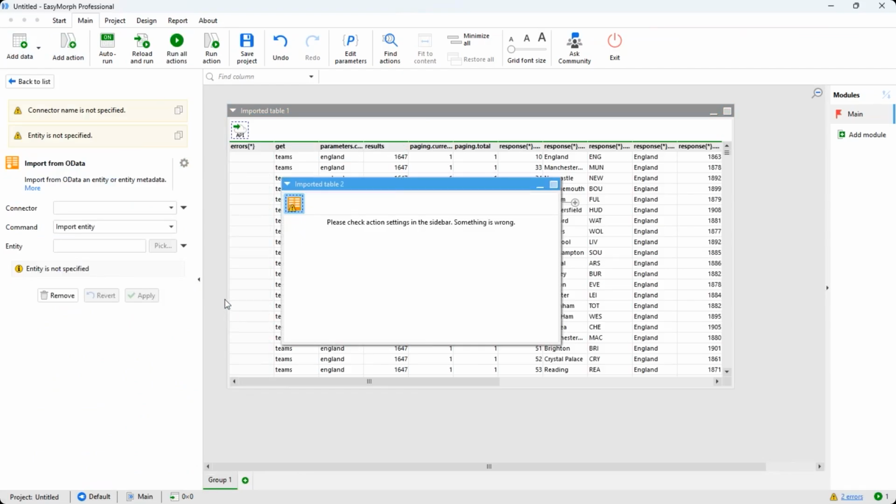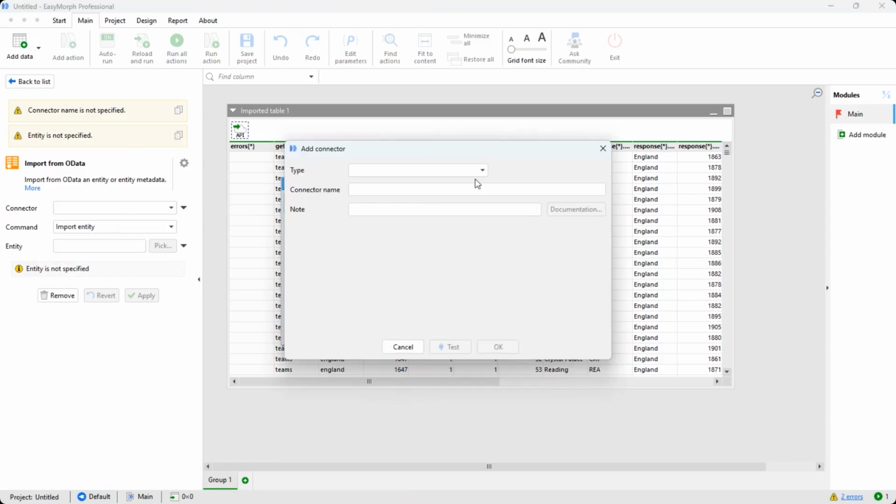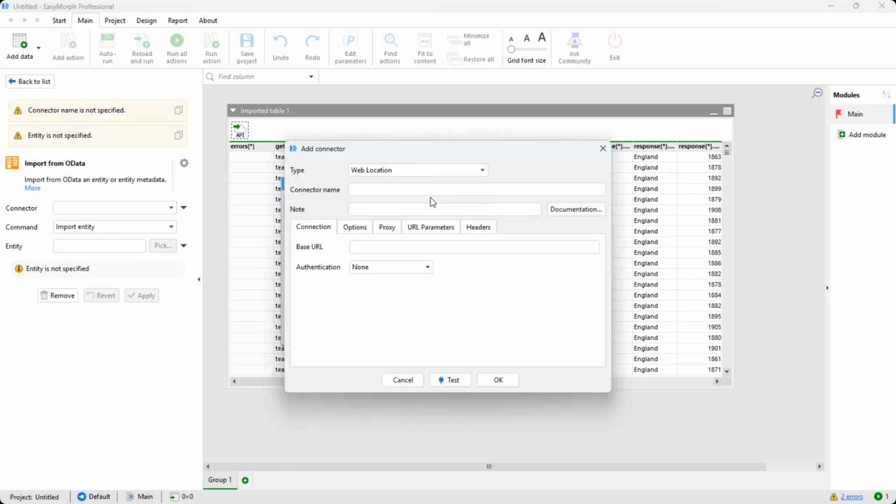This action is very similar in some ways, in that the first thing we need to do is configure a connector to point to that server and to authenticate with it. So again, I'll add a new connector. There are two types of OData connectors supported in EasyMorph, one specifically for Microsoft Graph OData. They have their own slight variation on the standard. And then there's the web location type, which is for all OData standard APIs. So I'll call this my OData